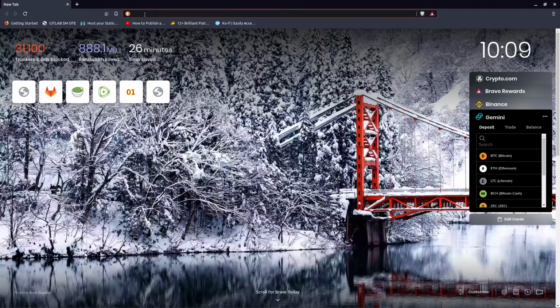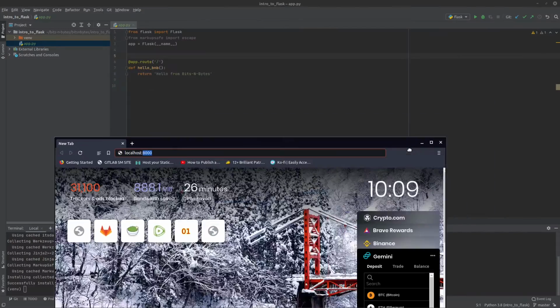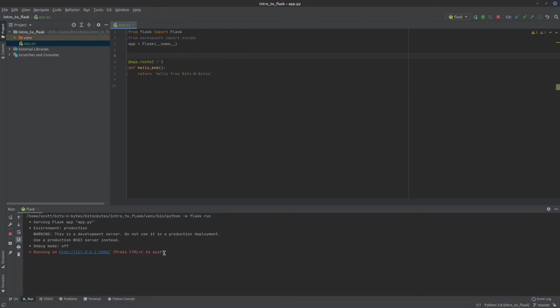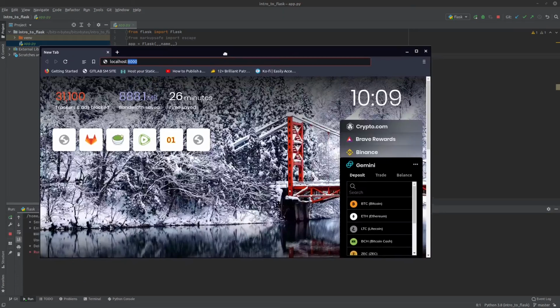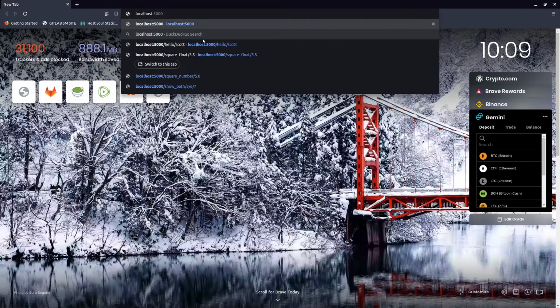Now, what I'll do is localhost, but actually before we do that, we've got to start it. If you remember before, we created this config, this add configuration, so now you're going to see what it's actually going to do. If we did everything correctly in our code, this is going to start, and then it's going to execute Flask. So now you can see Flask is running on localhost, that's the localhost IP address, and then port 5000. So we're going to pop open our browser, and over here, you can see that I was doing something with 8000, but we're going to use 5000. And when I run this, you're going to see hello from Bits and Bytes.